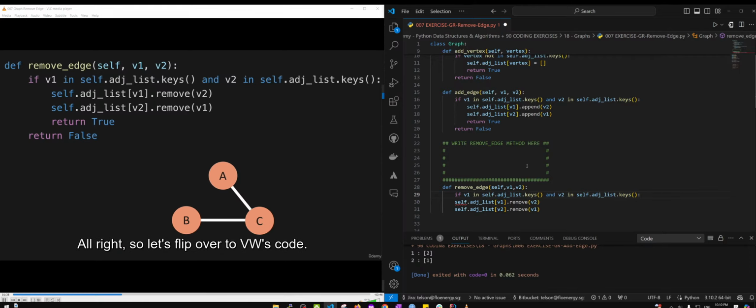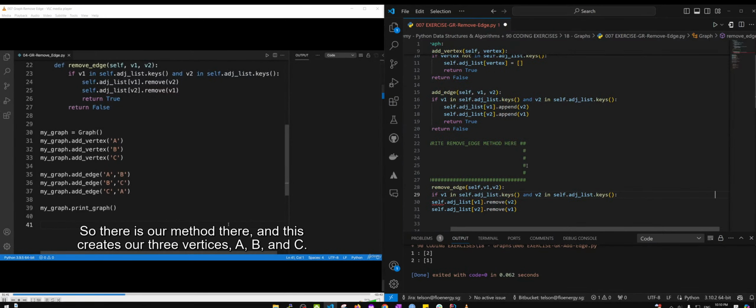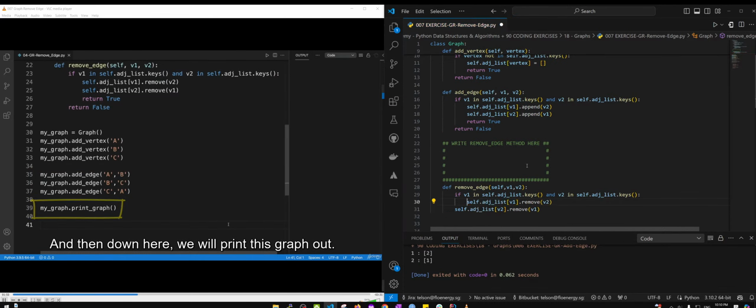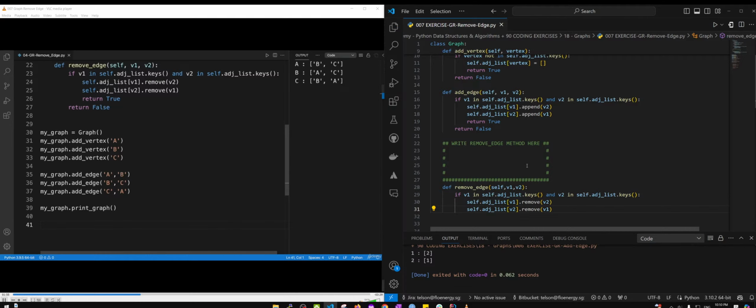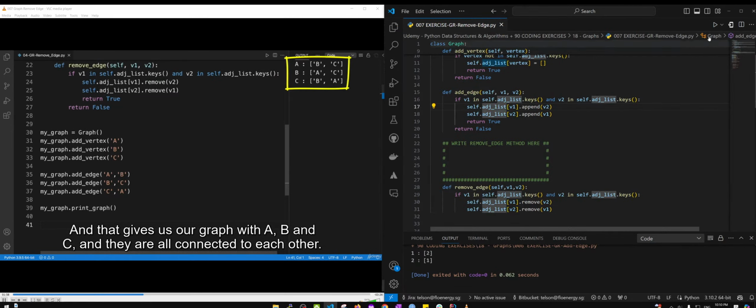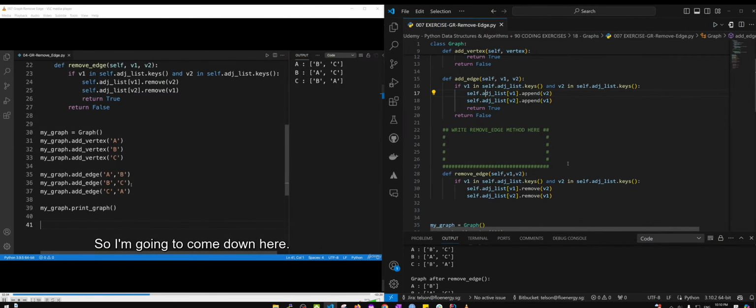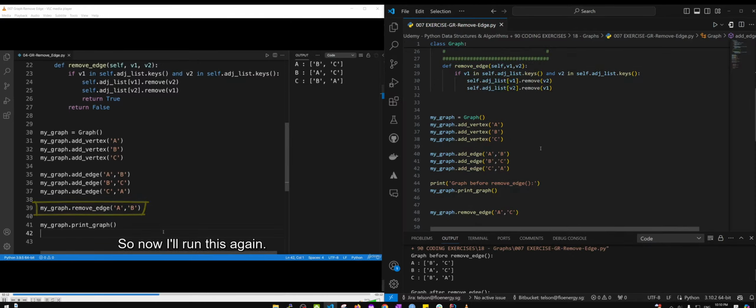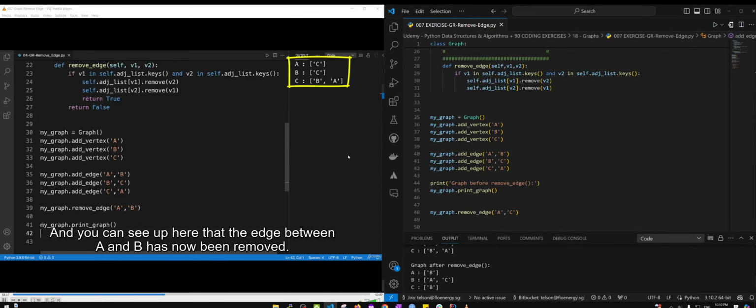All right, so let's flip over to VS Code. So there is our method there, and this creates our three vertices A, B, and C. This connects them all together, and then down here we will print this graph out. So I'll run this, and that gives us our graph with A, B, and C, and they are all connected to each other. So I'm going to come down here, I'm going to paste this line in to remove the edge between A and B. So now I'll run this again, and you can see up here that the edge between A and B